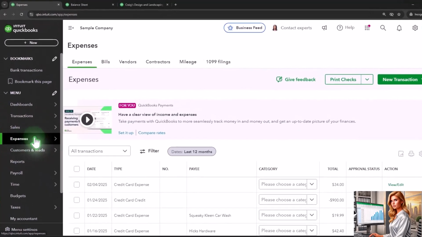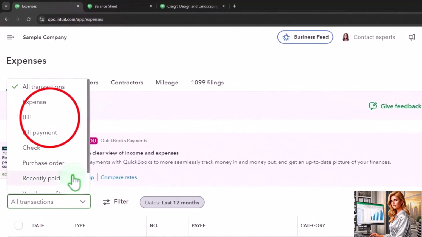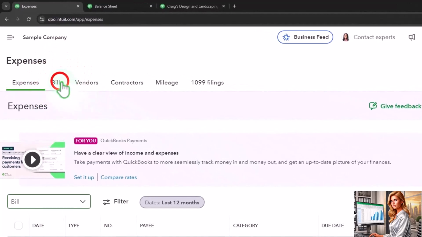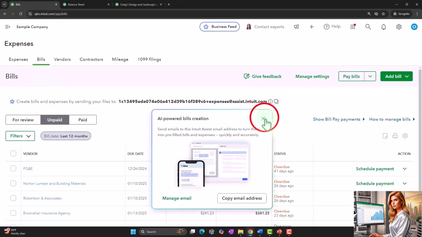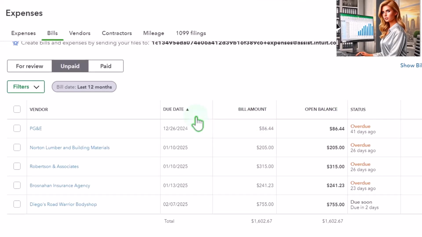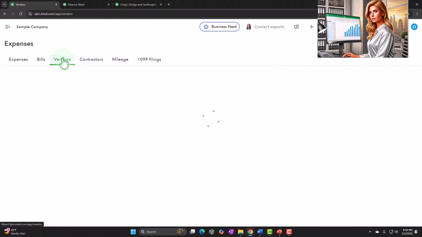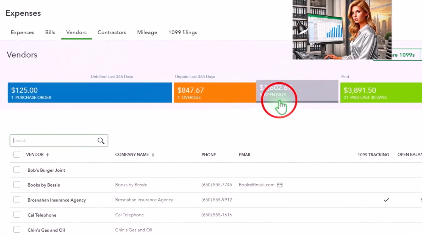And then we could go to all of the expenses, and we can sort by the bills and then sort by the open bills, but more likely we'll go to the bills tab and we'll sort by the unpaid bills typically to see which ones are due. We can sort them by due date and try to pay them as late as possible, or possibly we can go into the vendors tab, which represents who we owe the money to, and track the bills for the open